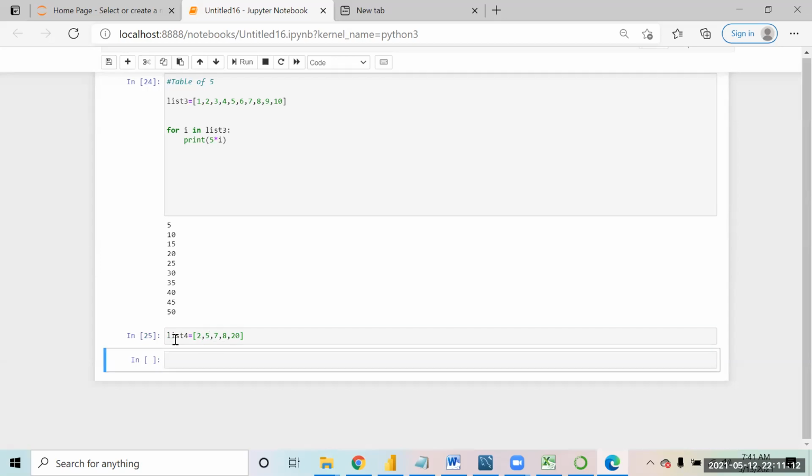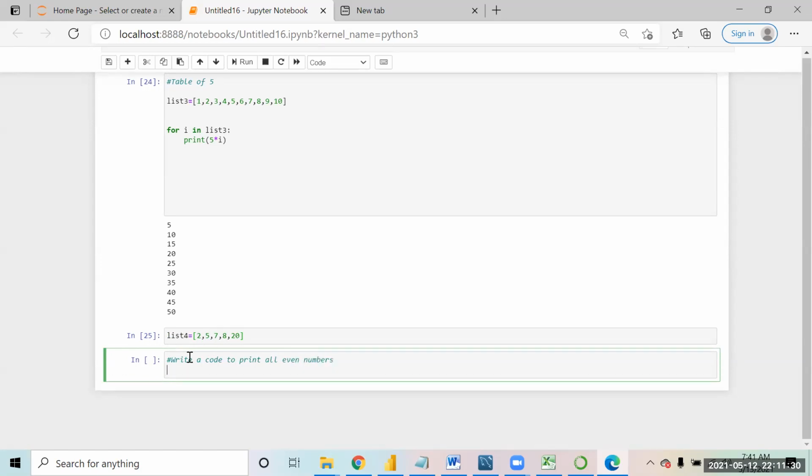Now these are the numbers that I have in this list: 2, 5, 7, 8, 20. Write a code to print all even numbers. Please try this.